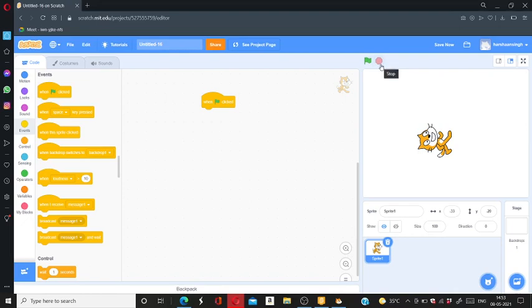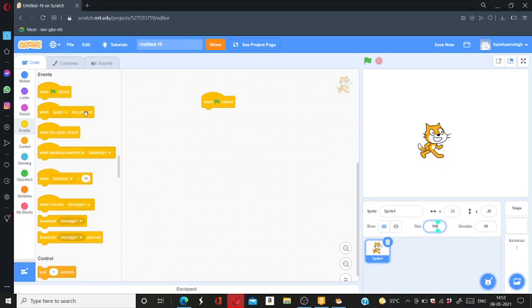If you want to stop it, it will be this red button. So you can change the size from here also. But in scripting, you start with changing the size and everything.